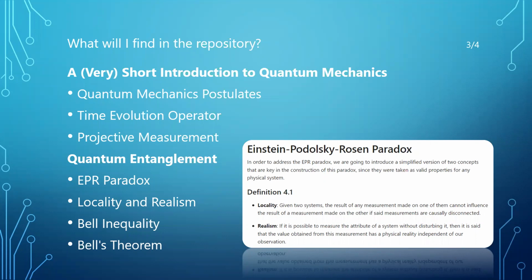We'll also use the time evolution operator to understand what the state of the system is at an arbitrary time t. And we also see what the probability is of measuring each eigenvalue of an observable at an arbitrary time t. Finally, we use a projector, or a projective measurement, that Alvaro just mentioned, to understand what the state of the system is immediately after making a measurement. And at this point, the reader will be doing basic quantum mechanics. That's cool, right?